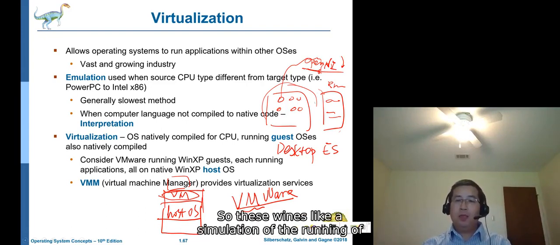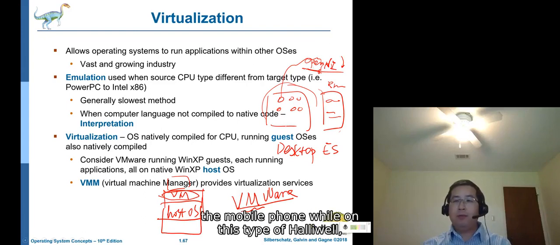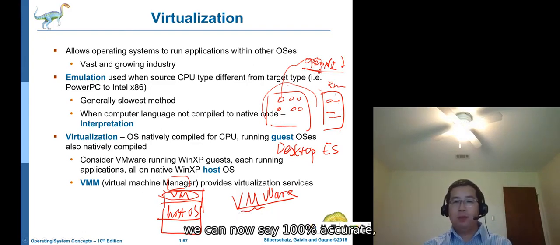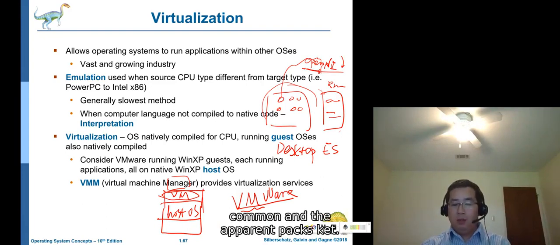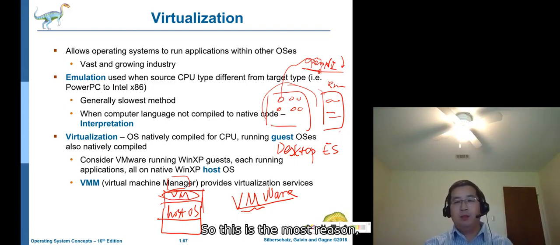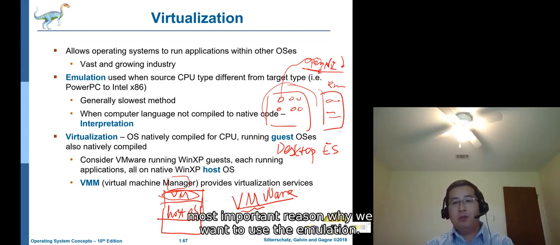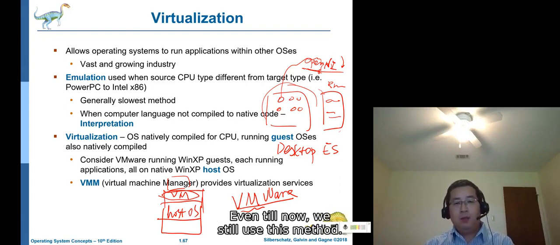So this is like a simulation of running the mobile phone software on this type of hardware. We cannot say it is 100% accurate, but at least you can filter out most common and apparent bugs, correct? So this is the most important reason why we want to use emulation. Even until now, we still use this method.